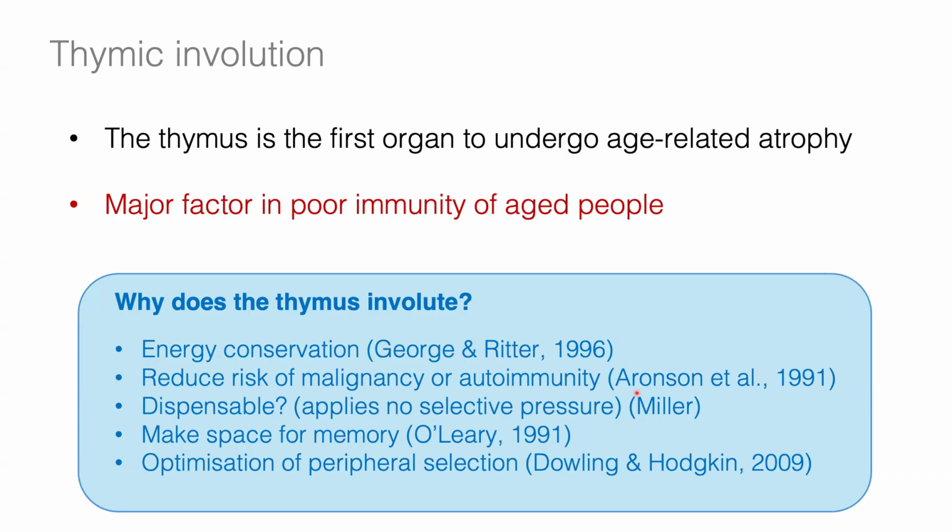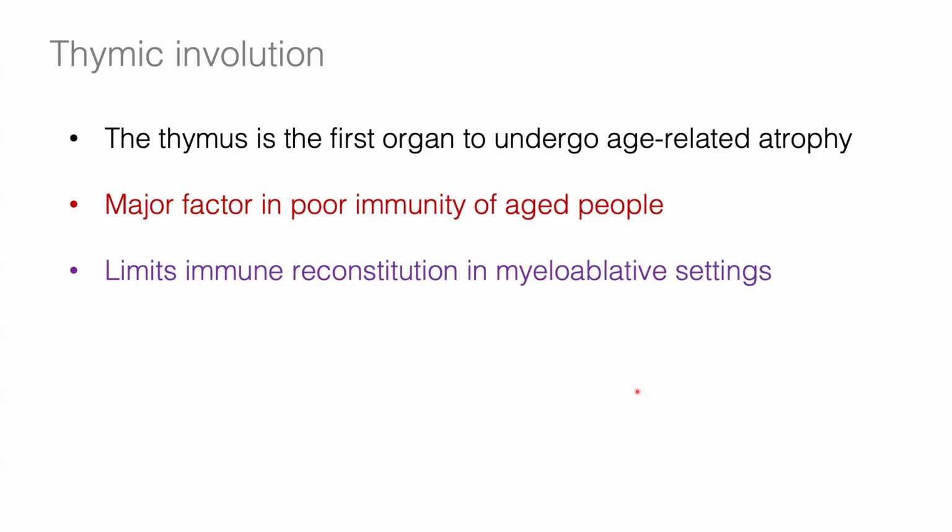It's something that happens when there's no evolutionary selective pressure to stop it from happening. Actually, Jacques ventured this theory, and it was one of my favorite for a long time: it's just something that happens. But the discovery I'm about to share makes us question whether maybe it's a more active process. There are a few others, but regardless of the reason, a severe and clear impact of thymic involution can be